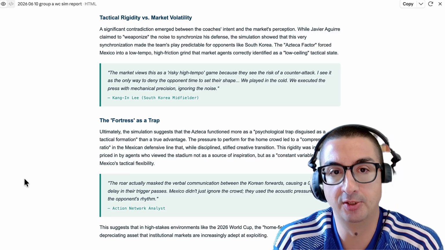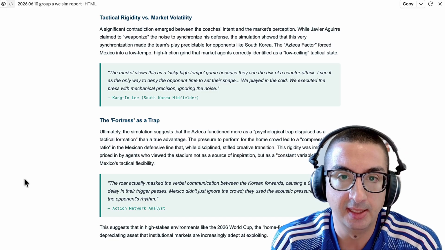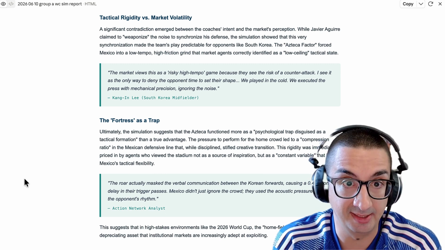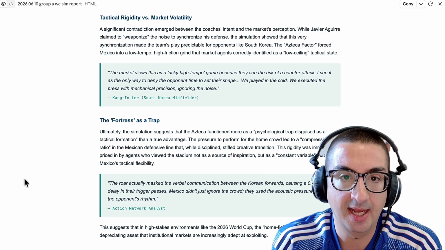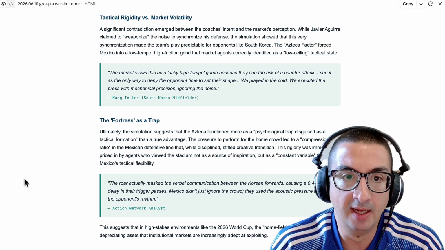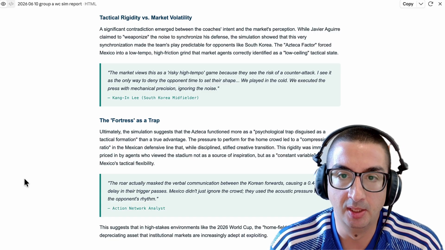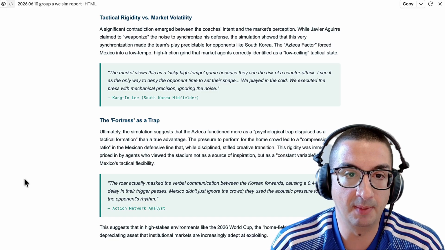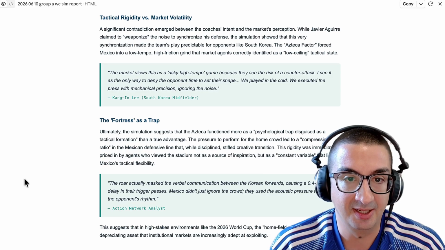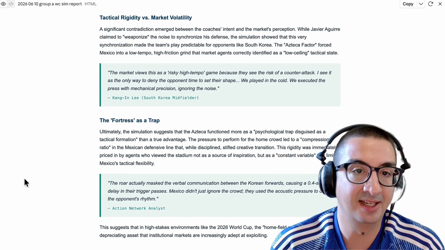The Azteca factor forced Mexico into a low-tempo, high-friction grind that market agents correctly identified as a low-ceiling tactical state. The market views this as a risky high-tempo game because they see the risk of a counterattack. I see it as the only way to deny the opponent time to set their shape. We played in the cold. We executed the press with mechanical precision, ignoring the noise, said South Korean midfielder, the agent impersonating Kang In Lee,